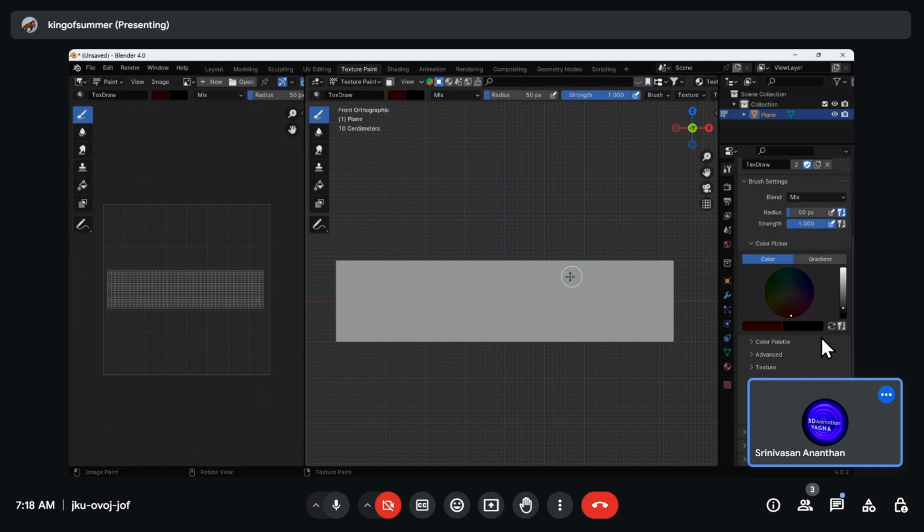You can just paint it and see, but now you cannot paint it. Why? See, it is saying something: missing materials textures. What does that mean? We didn't create the canvas. So what is that canvas? They are called texture slots. So go to